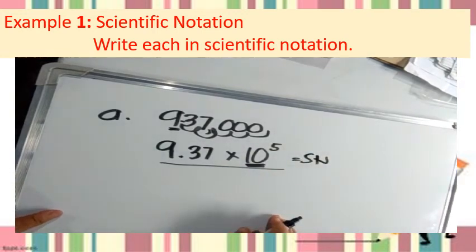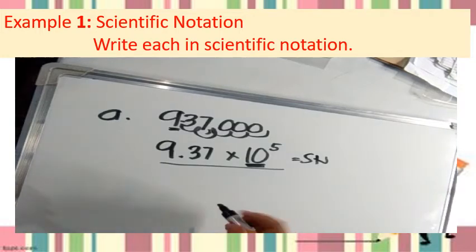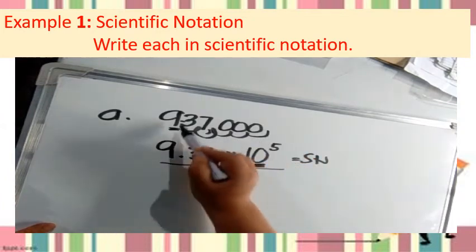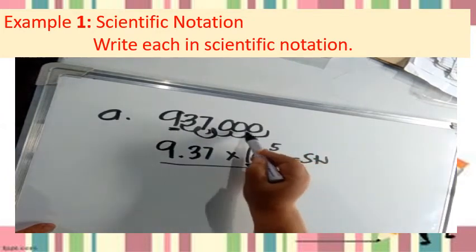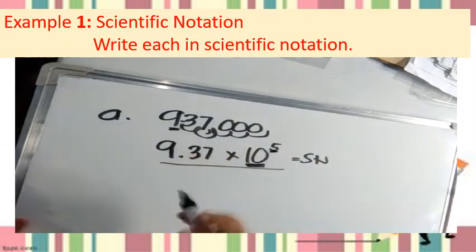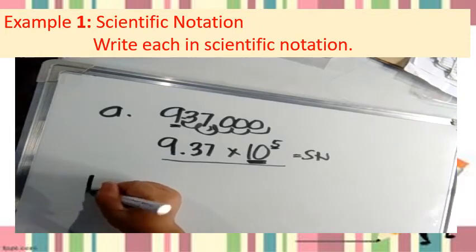Okay? Did you understand? If you count decimal places from right to left, remember, from right to left, it is positive. Okay? Very good. Letter B, we have